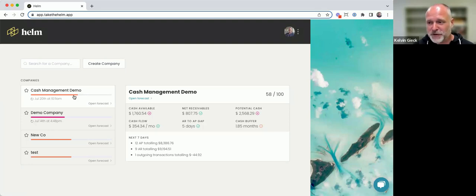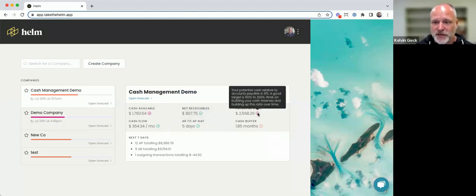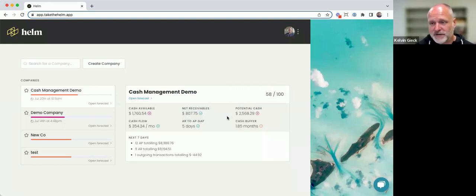If you're orange, you're doing okay. If you're red, you're doing bad. And if you have a green bar or a very high score out of 100, you're doing very good. And it breaks that down by the actual metric that it measures. It also provides you a little information in terms of how you can improve it based off industry parameters and where things should be at. So it also helps guide you in terms of things that you can work on as a business to improve your actual cash position.